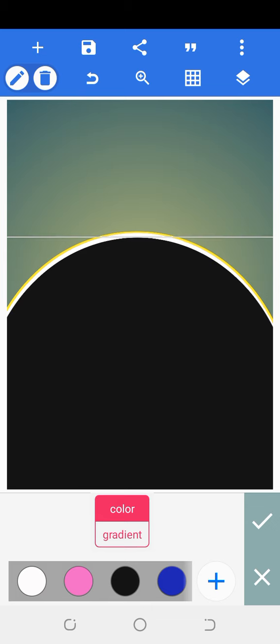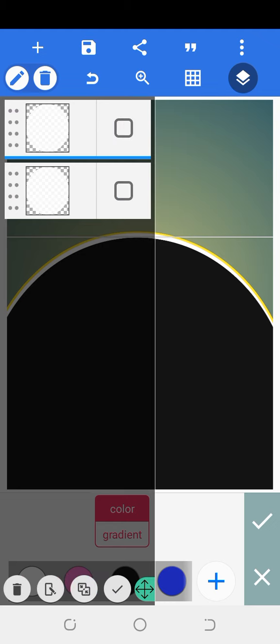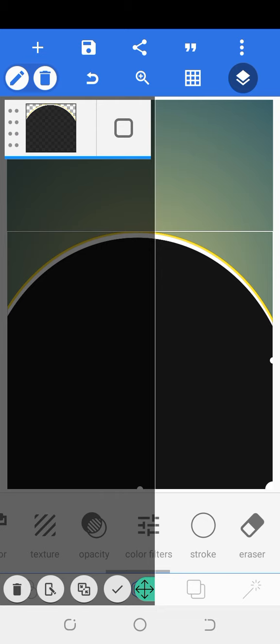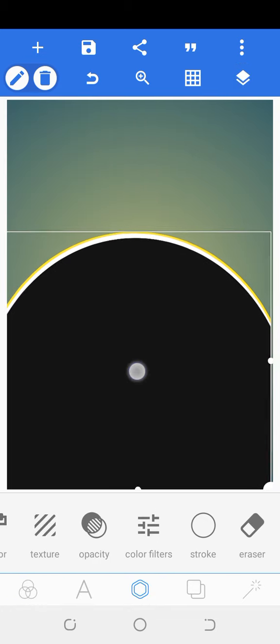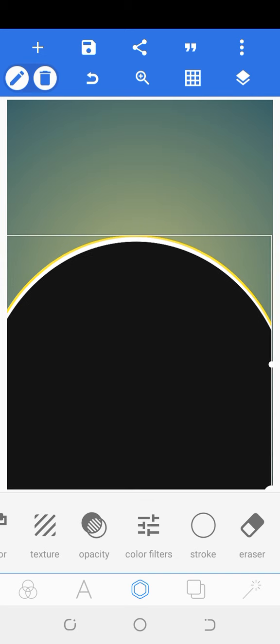Alright guys, with that done, I would love to merge the two to avoid them running up and down, to be sure they are properly seated. Yes guys, so with that done, I will quickly